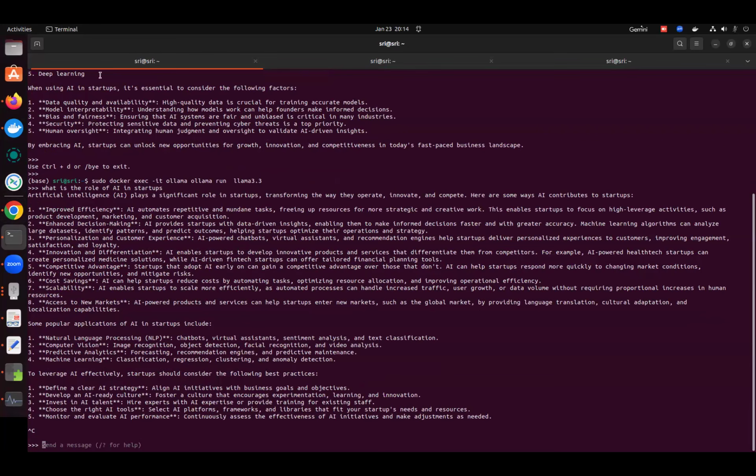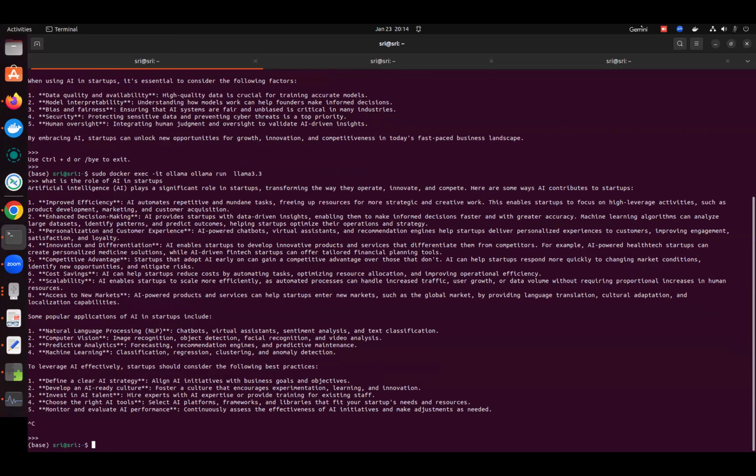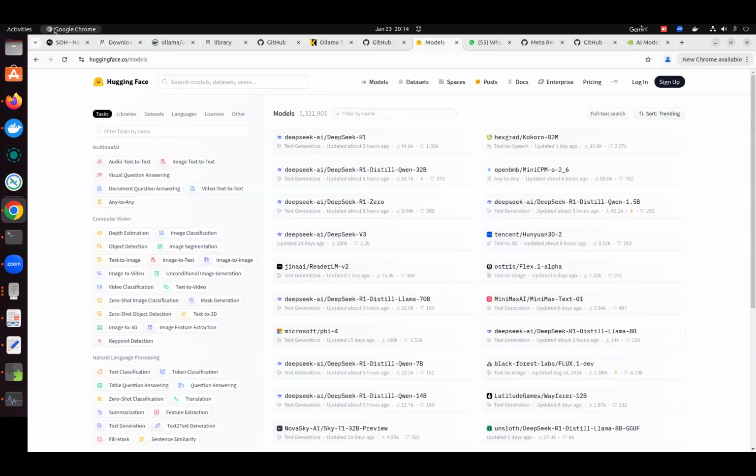It is running here. It's fine, but this is on terminal level. Now, many a times, people might have certain documents, and those documents need to be analyzed very easily, which is not possible from this terminal. So what they usually do is, with the backend of this Ollama,